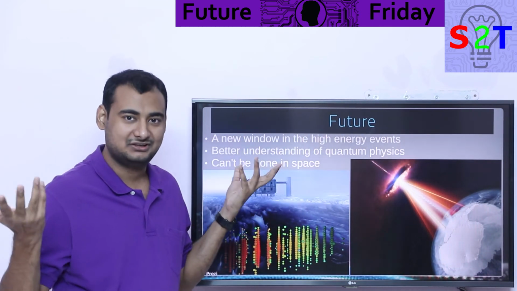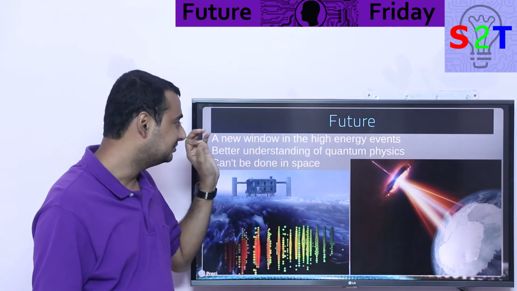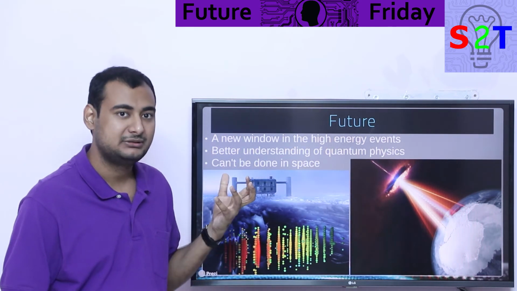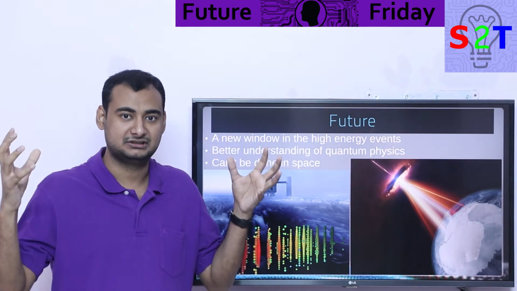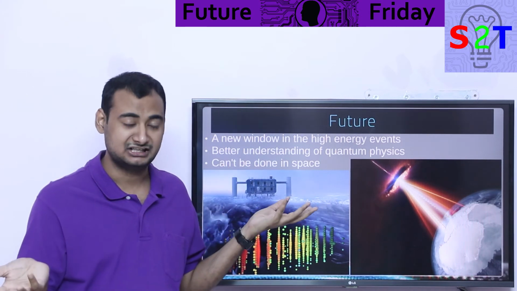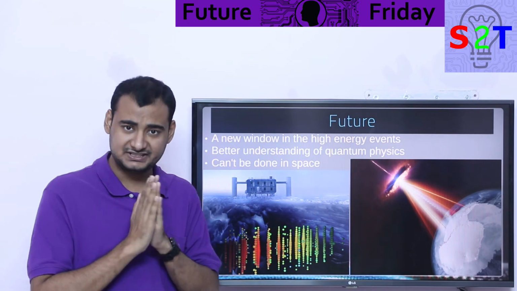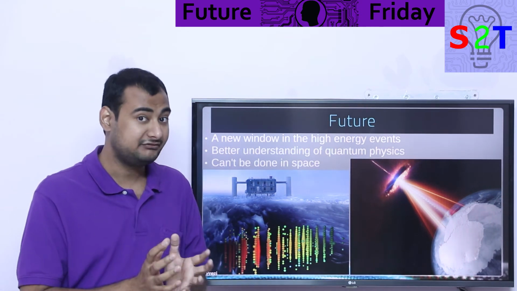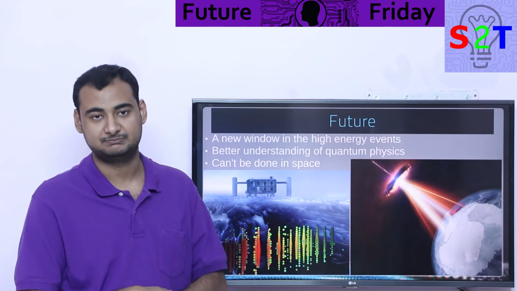What is the point of studying something this bonkers? Well, the reality is it's a direct window into high energy events. We are not talking about neutron stars colliding or supernova explosions, because those can be observed using other telescopes and gravitational waves. This puppy specifically deals with things that are very high energy but are not creating gravitational waves, so you can only detect them using this.